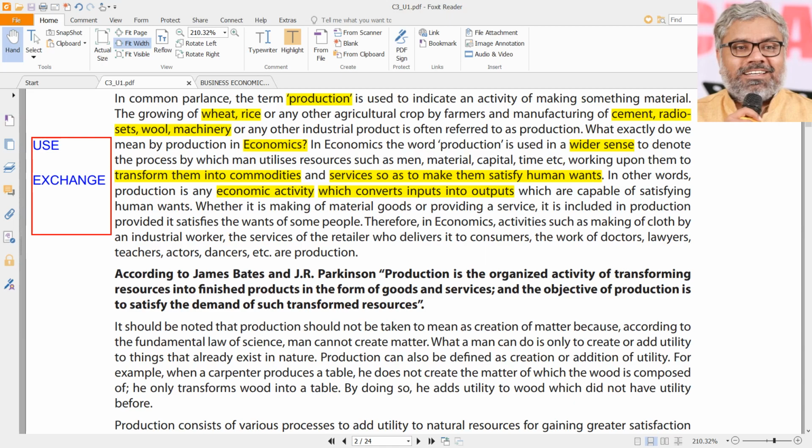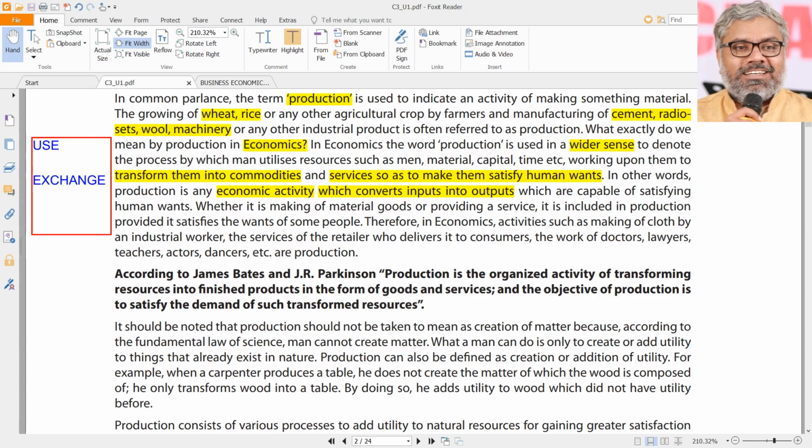For example, if a pen is costing 80,000 rupees, some person might be very proud in having that pen in his pocket. That is exchange value which he is happy about. But there might be another person who might think, anyway a pen is a pen, even a 2 rupees pen will write the same way. It is not going to add any value for writing purposes. So I will use a 2 rupees pen. It doesn't make any difference for that person. So maybe they are focused on use value. So the real life approach of people towards use values and exchange values is completely personal. That has nothing to do with economics.